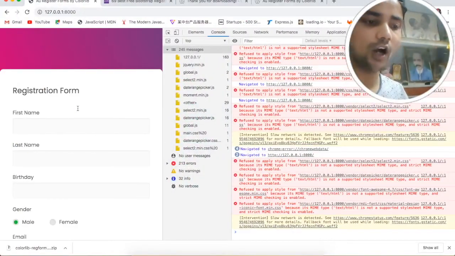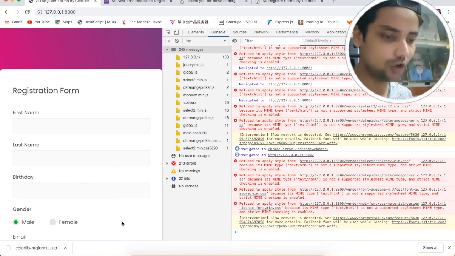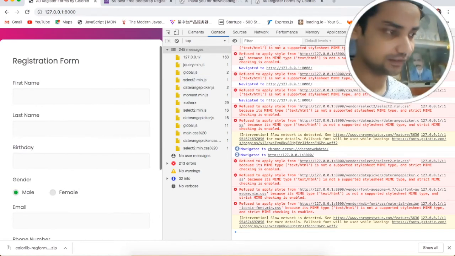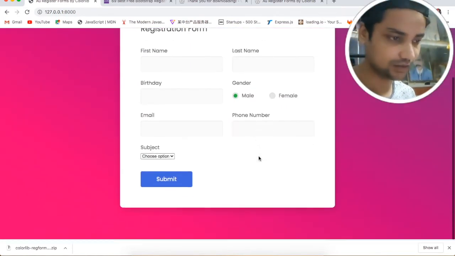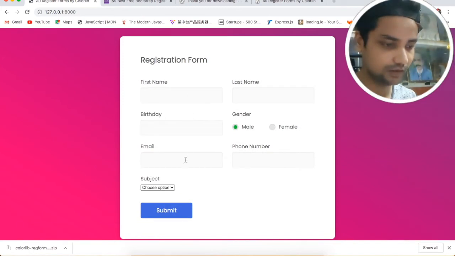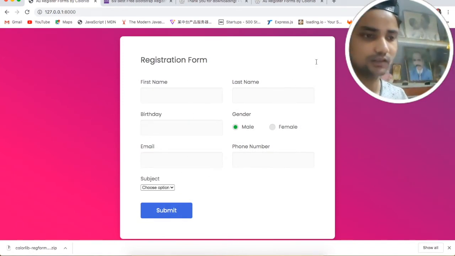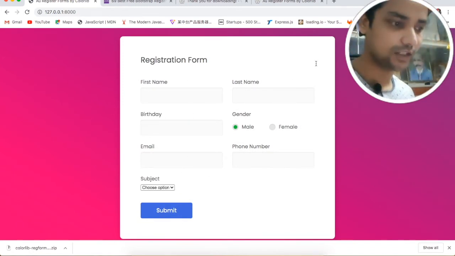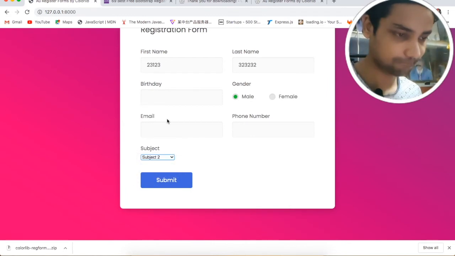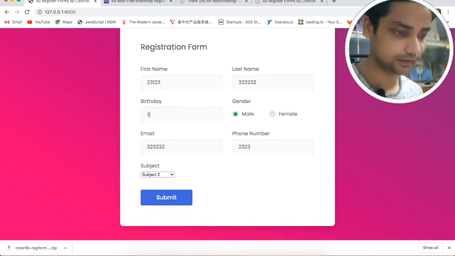Oh, we got changes, right? We got changes, and now you can see here we have all the things. Just check here like this. It is working fine. So now we got changes, right? So this is now working perfectly fine. Okay, perfect.